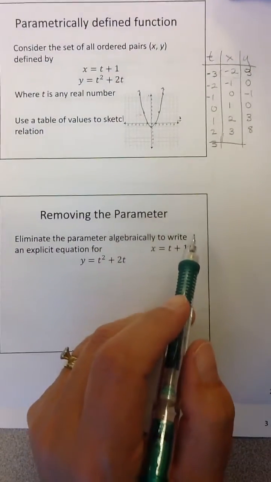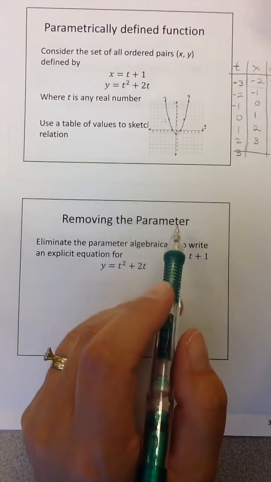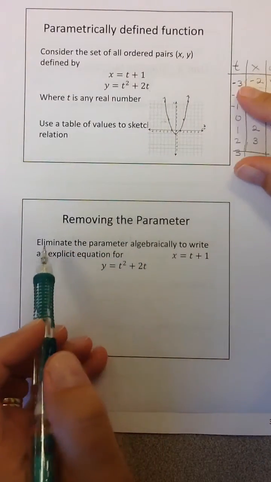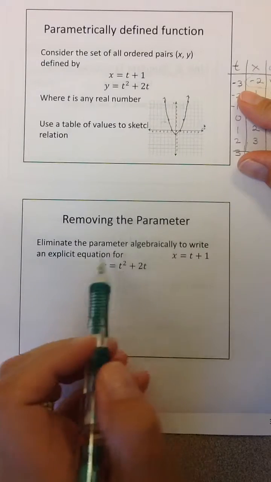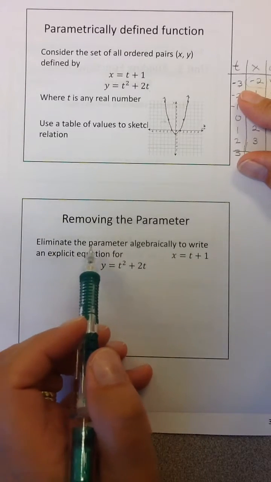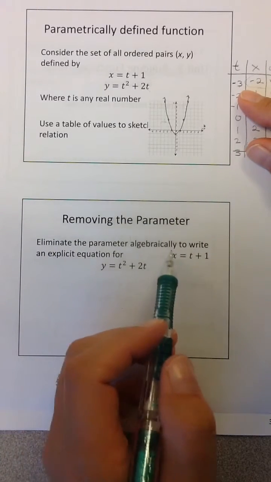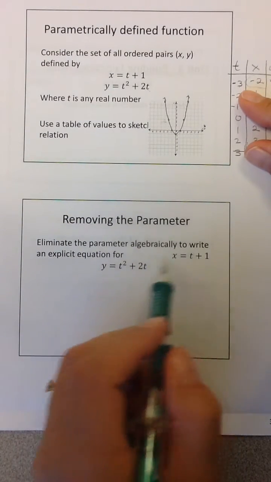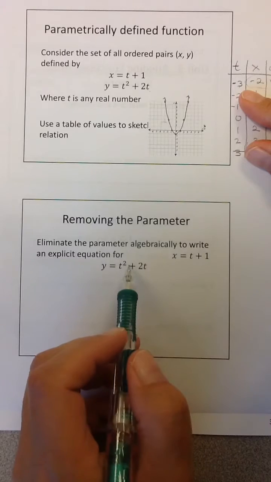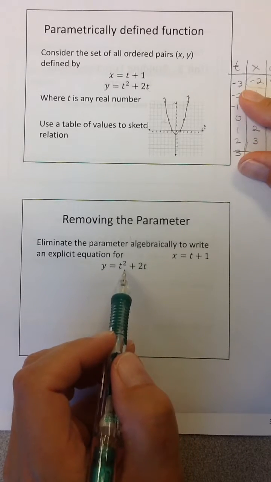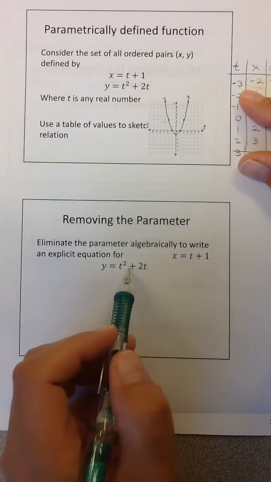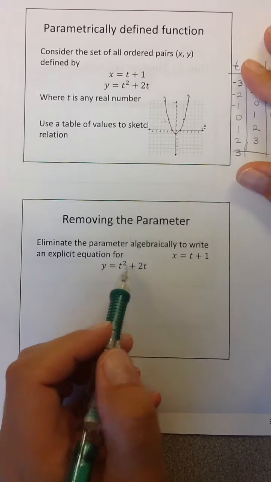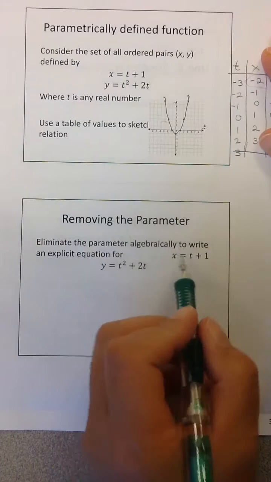Alright, second skill. We would like to be able to put that parametric equation into a different form, a form that only has the x and y in it. So we're going to want to be able to eliminate a parameter, t, algebraically, and write the explicit equation for that pair. Think of it like a system of equations. And the goal is to make t go away and squish those together to make something in terms of just x and y. So I'm going to take the simplest of the two, which is probably this first one,